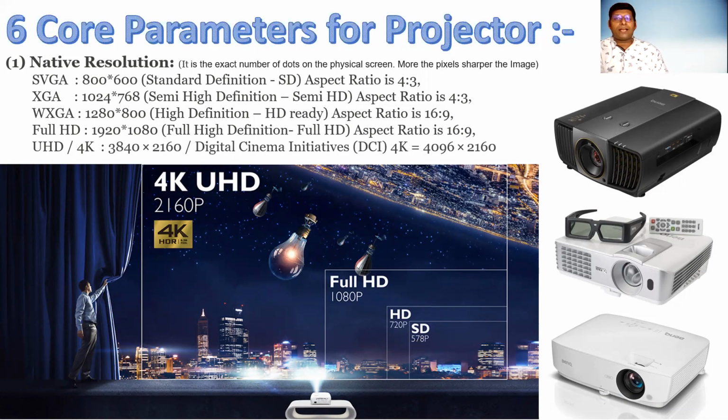The best example I can share with you is when you go to any restaurant or any dhaba or anywhere, you see an IPL match going on or a cricket match going on. When you try to read the score, if you can read it very properly, well and good, it might be XGA or WXGA, whichever. But if there is pixelation and you are not able to read the score properly, then it might be that the resolution is 800 by 600. So as you increase the resolution, there will be zero pixelation.